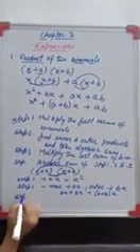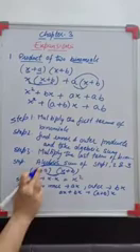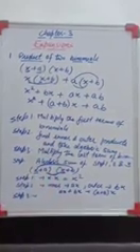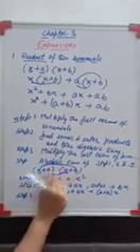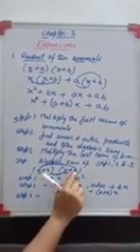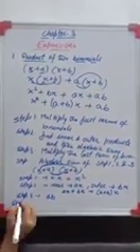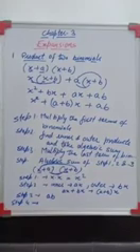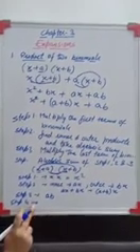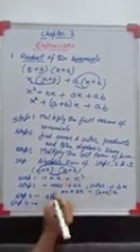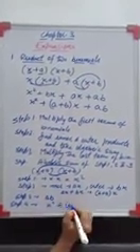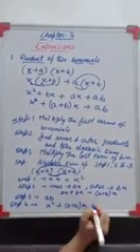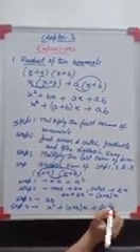Now step 3, multiply the last terms of the binomials. See, what are the last terms? In this binomial, last term is a and in this binomial the last term is b. So it will become a into b. And step 4 is your required answer. Required answer is what? Algebraic sum of step 1, step 2 and step 3. See, that means x square plus, in step 2 what I got? (a plus b) into x plus ab.